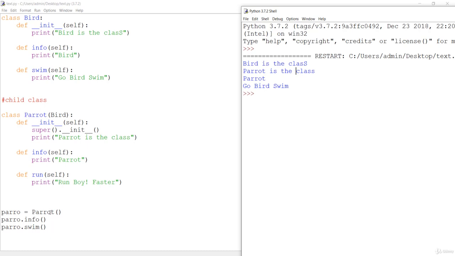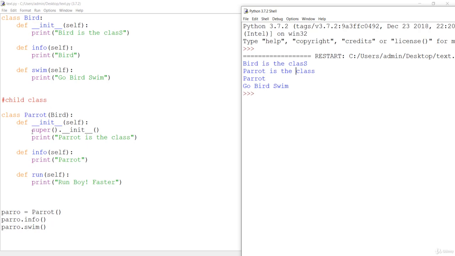First of all, we created the parrot object, so no problem over here. The init method is called now because we are instantiating this. If you invoke this init method, which is the constructor of this parrot class, we have this super method. So super is just pointing to the super class, that is the parent class.